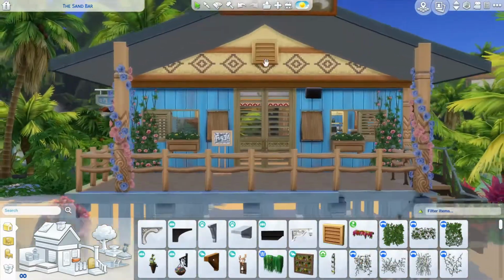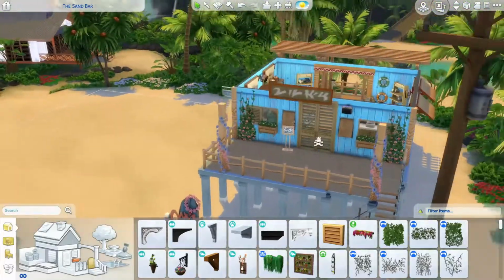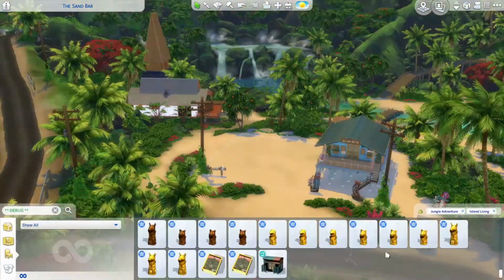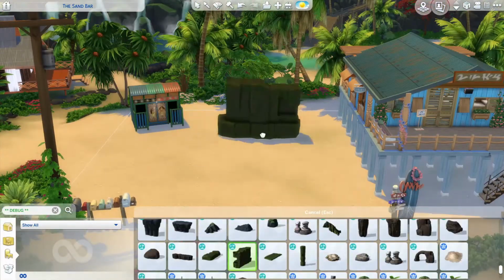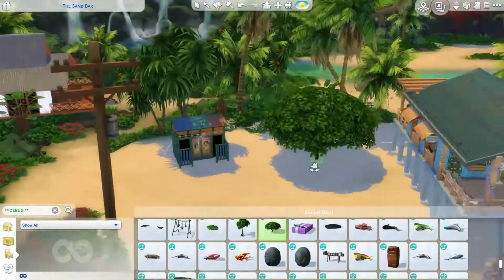And then I'm putting those thatched awnings on the windows right there. And that's pretty much it for the actual store. Oh, I put a bench on the patio, and then also I go back later and add a little table. But that's it. Here I am working on the other side of the lot, the community side that is